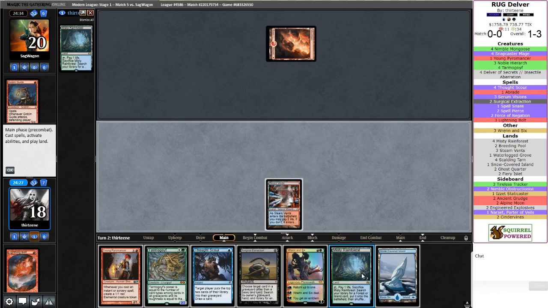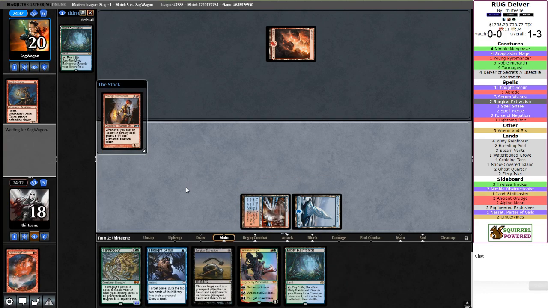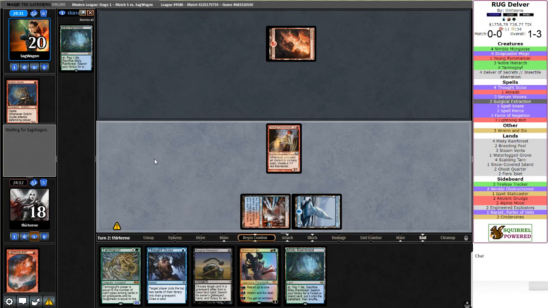So Misty, get Breeding Pool. Wow, that's so bad. I actually don't think I can commit into Ren and 6 here. I think what needs to happen is actually Young Pyromancer because that gives me more blockers, or at least eats a removal spell. And if it eats a removal spell, I can create a token to chump block for a